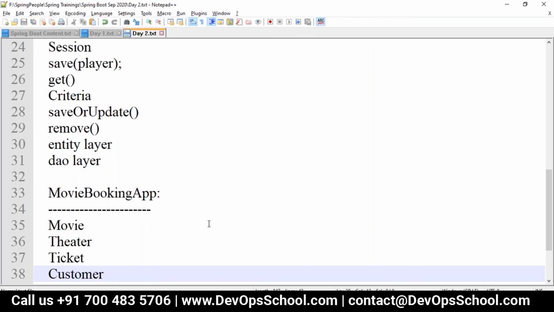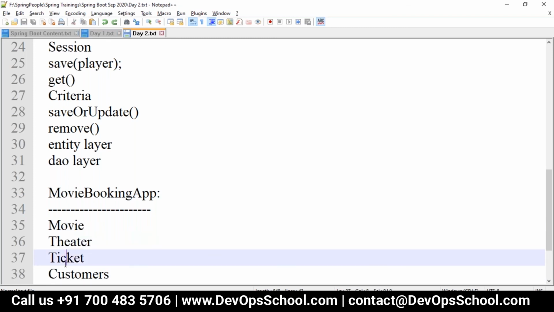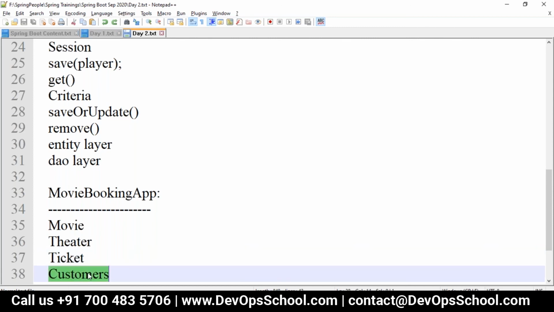So what is the relationship between each? One movie will be in many theaters. And one theater will have many tickets. And you will have customers, so many customers watch many movies, so many to many. So you will have different relationships.